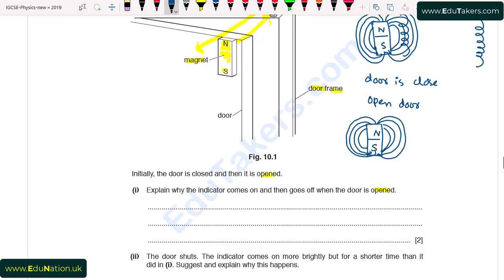So when the door is open, then the minimum number of lines of magnetic field pass through the coil. So there will be reduction in flux, meaning that the minimum number of lines are changing here. So when there is a small amount of flux, the induced EMF will be very small, and the induced current will also be small. That's why the indicator goes off when we open the door. So I write here